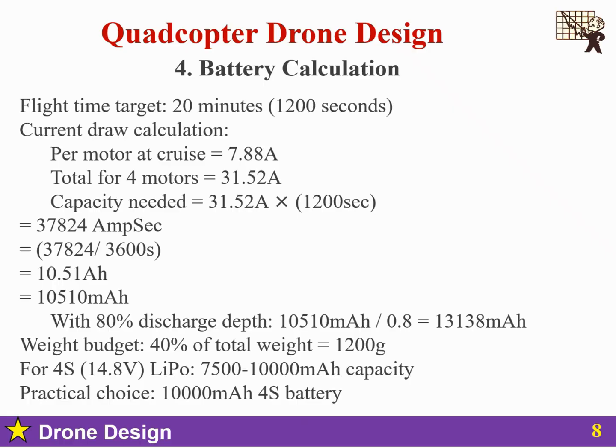So the current draw calculation would be per motor at cruise is equal to 7.88 amperes. So total for 4 motors will be 31.52 amperes. For 1200 seconds it would be 31.52 into 1200, that is equal to 37,824 ampere seconds. Converting, 37,824 divided by 3600 is equal to 10.51 ampere hours, that is equal to 10,510 milliampere hours. With 80% discharge depth for battery longevity, required capacity is equal to 10,510 mAh divided by 0.8